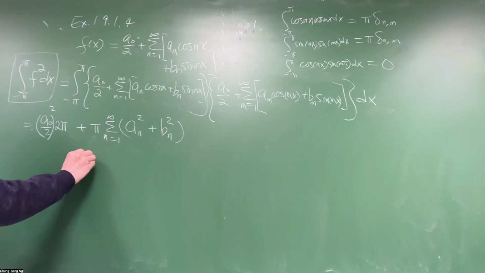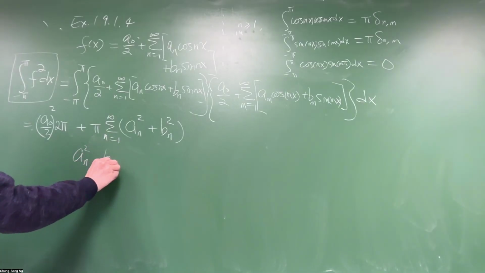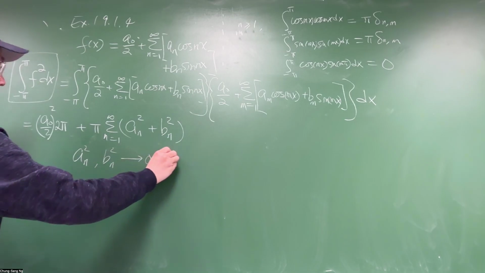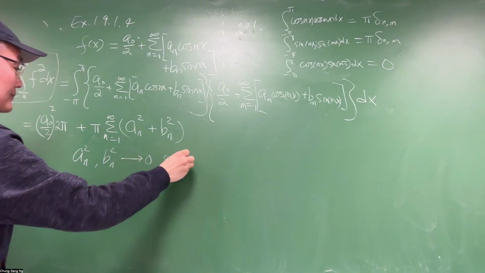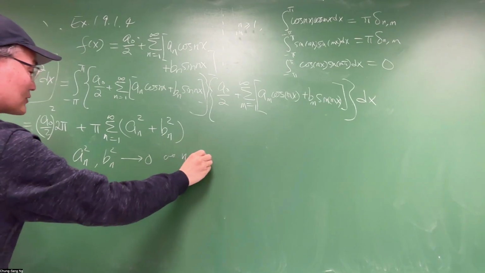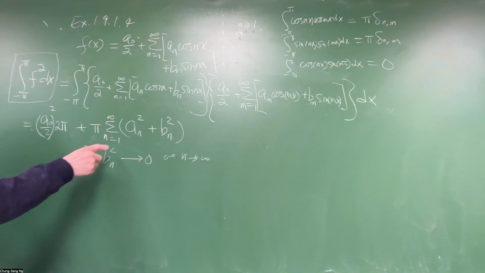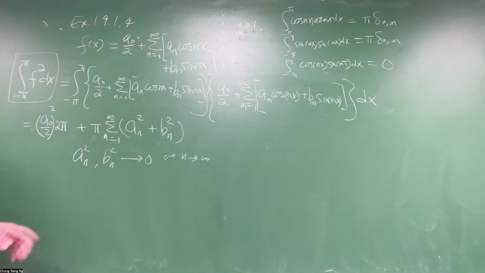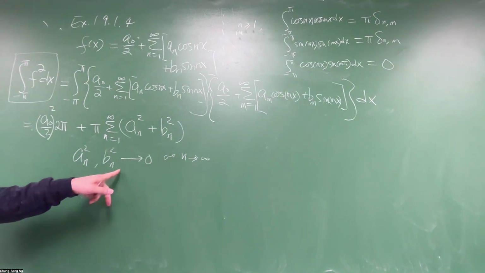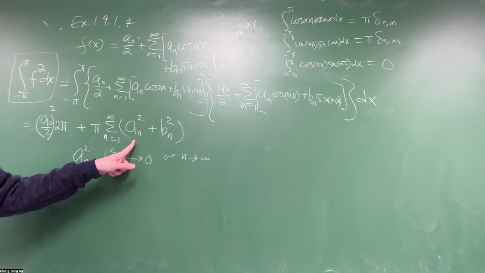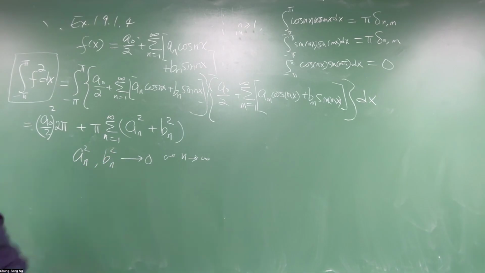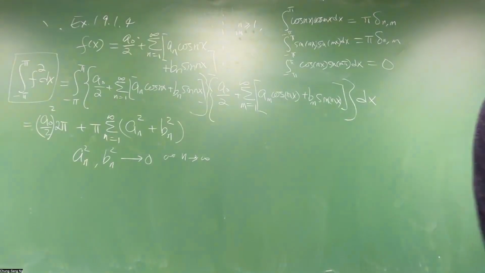So a_n squared is supposed to go to zero as n goes to infinity, because those are all positive terms, and they don't cancel each other. You add them up. If they are not going to zero, obviously this would diverge. So that would be the requirement